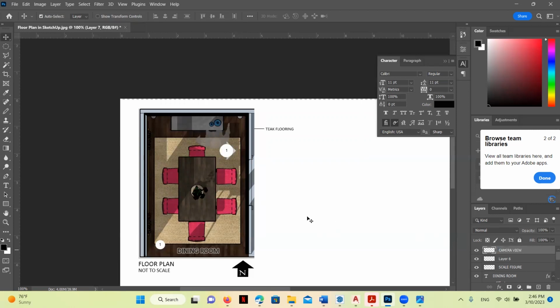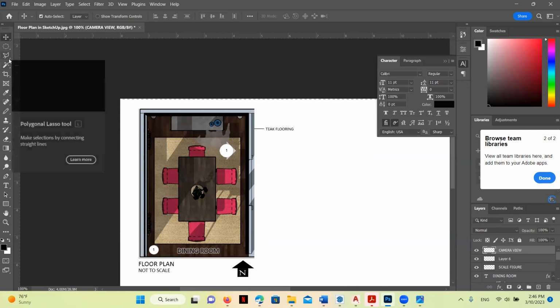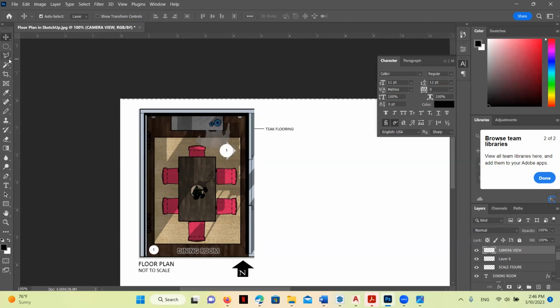So let's say that this camera view in the dining room corresponds to perspective number 1. In another presentation, we're going to have a beautiful perspective drawing here, and we're going to label it as number 1, perspective of dining room, and then the viewer can take a look at this floor plan and see it. So let's go ahead and create our camera view here. We're standing on the bubble where it says number 1.